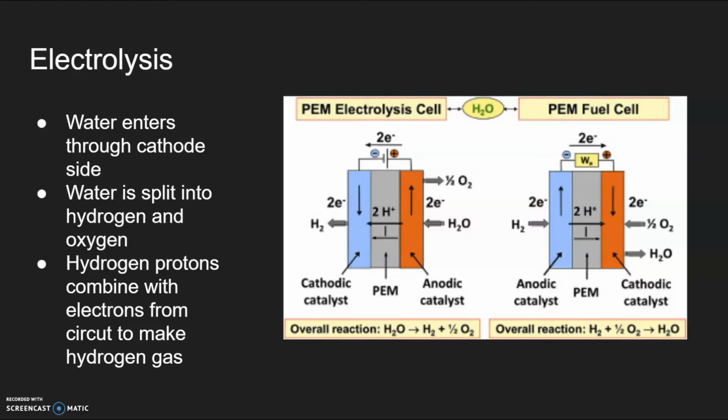And the oxygen atoms exit the cell and go into a syringe where they're used later on. And the hydrogen enters the electrolyte. And if you remember, the electrolyte in this cell only lets hydrogen protons through, so it passes through the electrolyte, enters the catalyst layer on the opposite side, where it combines with electrons from the electrical current that is running